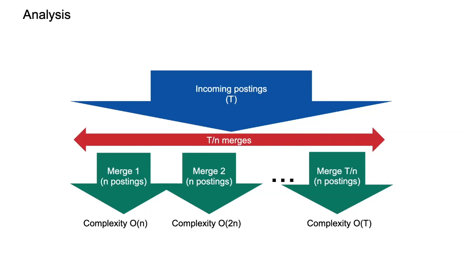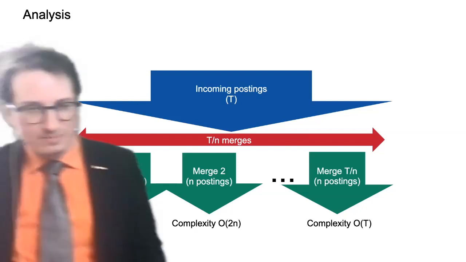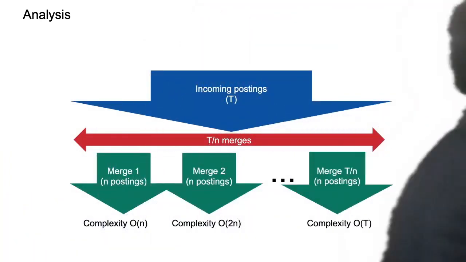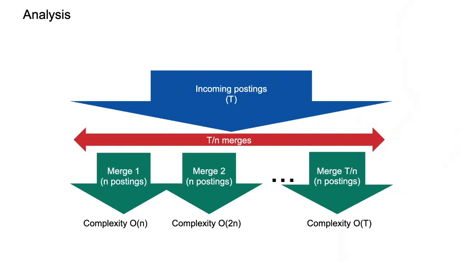And at the end, the complexity is 1 billion, because then in the last merge, I just have all of them, right? So of course, the constant normally would not be relevant, right? 2n is the same as n, but it is relevant if I do it 1,000 times. Then I need to actually care about this constant in front of the n. So I have basically n plus 2n plus 3n plus 4n all the way plus T over n times n,